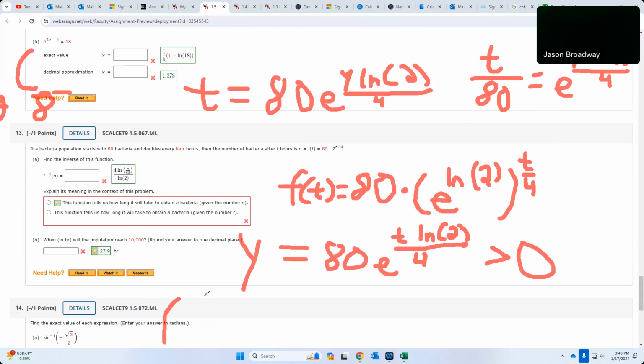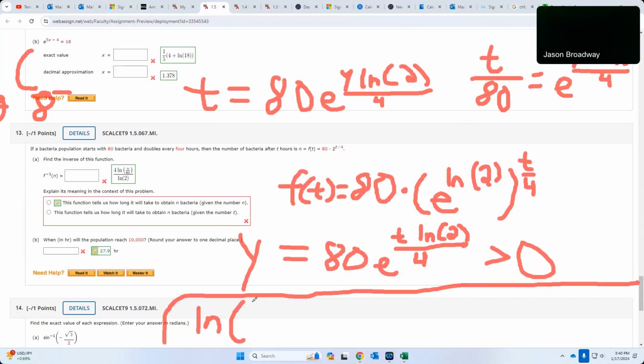So I'm going to come over here. I'm all over the place, but it is what it is. So I probably could have done better with that. So the ln of t over 80. Try to make my 80 not so ugly. So take the ln of this side. Now, if you take the ln of this side, remember ln and e kill each other. You just get straight away y ln 2